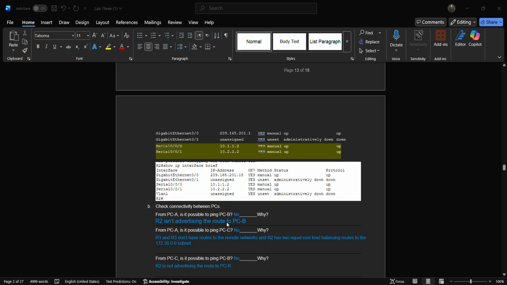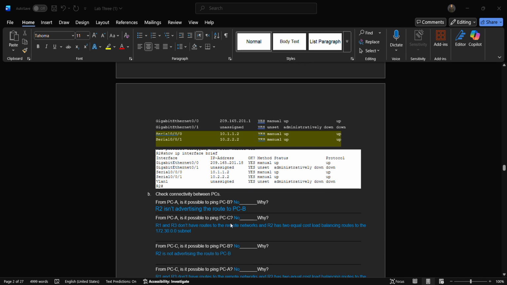Then we're asked questions about the connectivity between the PCs, and it asks for PCC. Is it possible to ping PCB? No, because it doesn't advertise the route of PCB. And then another question, is it possible to ping PCC? Again no, because R1 and R3 don't have the route to the remote network, and R2 has equal-cost balancing routes